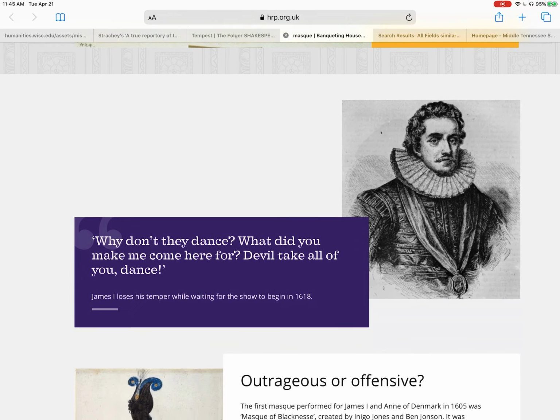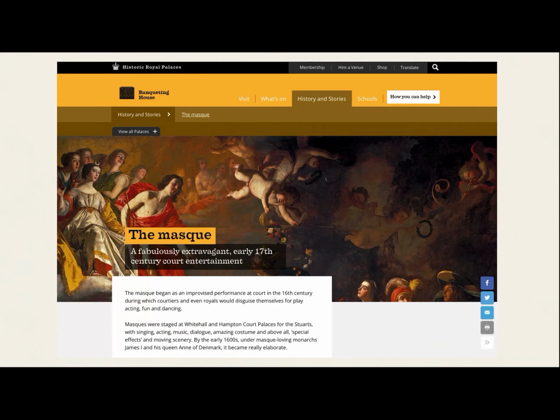Here's another costume by Jones. And you can see here that the woman's breasts are visible through this gauzy fabric. This is another reason that masks were a little bit salacious. So masks are a big part of the background of The Tempest, right? And even if the stage is bare, as it is in many Shakespeare productions, as it probably was in the Globe pretty often,